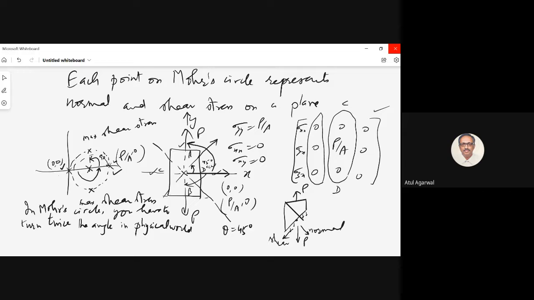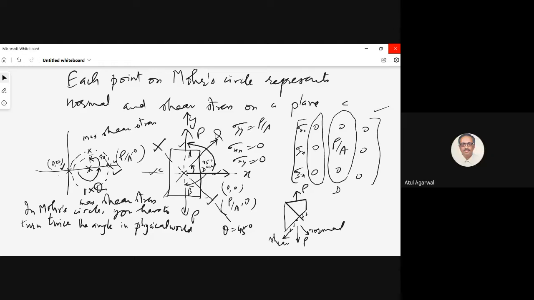Initially I was in this plane. Normal vector was this. So now I am in this plane. So normal vector is this. So I am talking of this plane. So in this plane I have turned counterclockwise 45 degrees. So from here I have to turn counterclockwise 90 degrees. So I am reaching this point. Let's call this point Q. So this is representing plane Q.